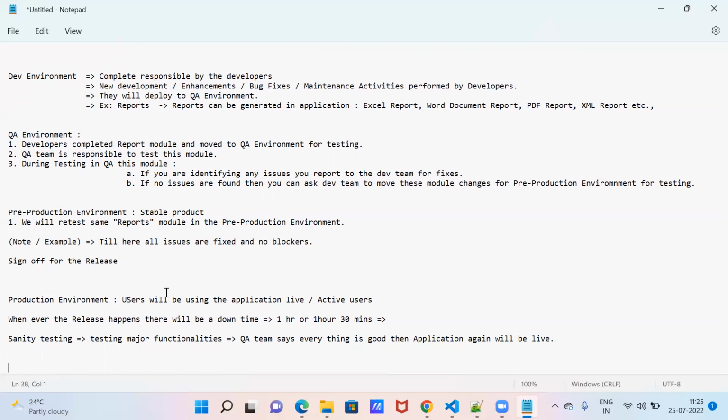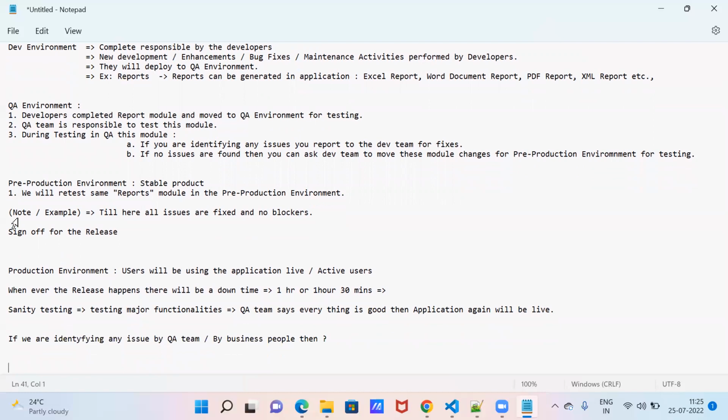Suppose we identify an issue after deploying into production, after the release happens, by the QA team or by business people. Then what will happen? This is the question. Whatever issue we identify in the QA or pre-production environment is in the team's hands. They will fix it, release the new build, test it, sign off again, and we can go for the release. But when the release happens and they identify some issue in the production environment,